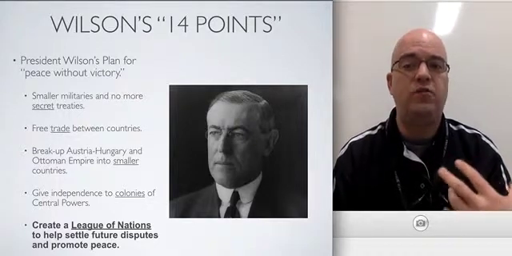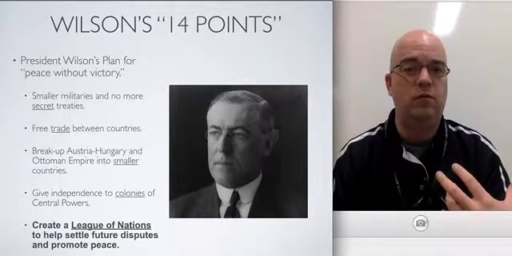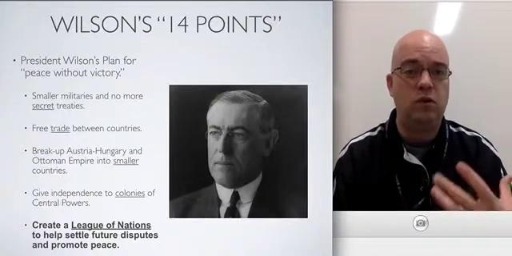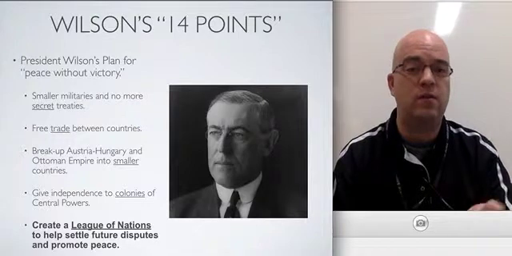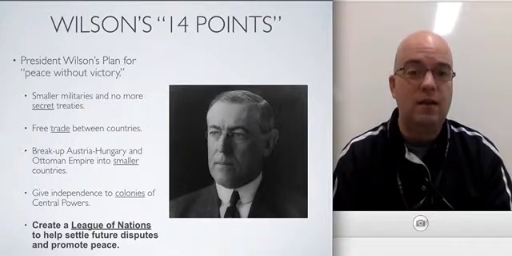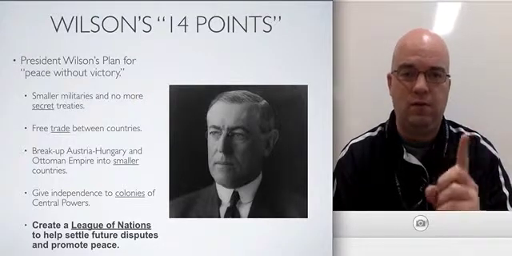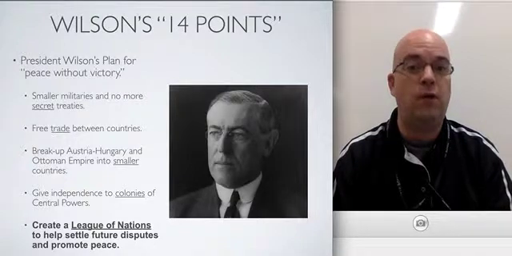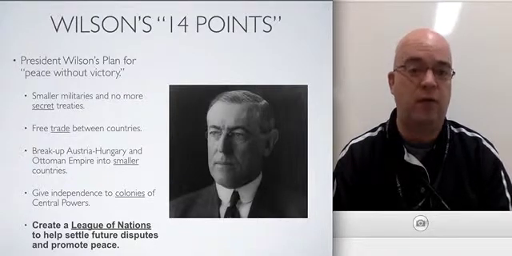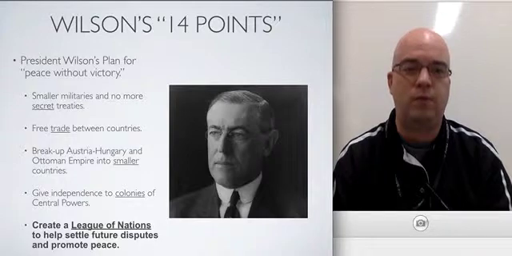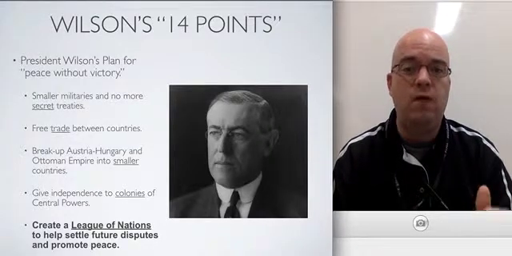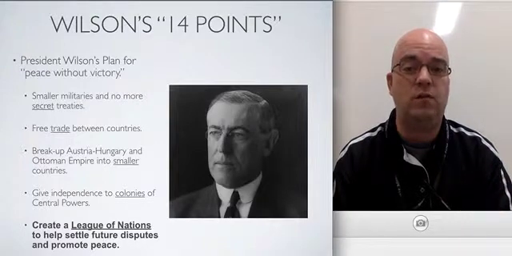He felt that Austria and Hungary and the Ottoman Empire, who were fighting on the side of Germany and the Central Powers, had gotten too large, and so he encouraged them to get smaller, to break up into smaller regions and smaller sections, and to give independence to the colonies. There is that other cause, imperialism. He says that some of these colonies should have their own independence, especially the ones controlled by the Central Powers. He probably figures that Great Britain isn't going to get rid of their colonies, but at least for the Central Powers, the Ottoman, Austro-Hungarian, and German colonies, they should have their independence.